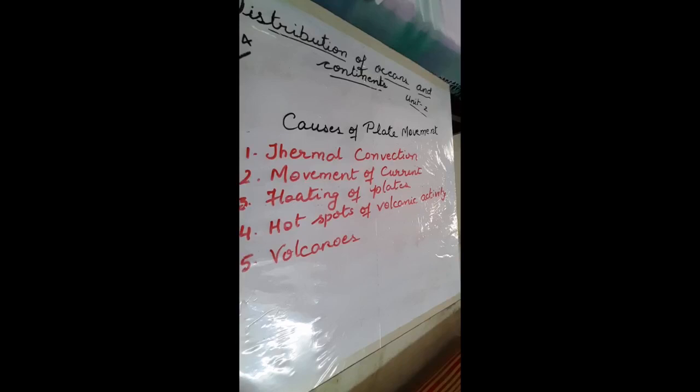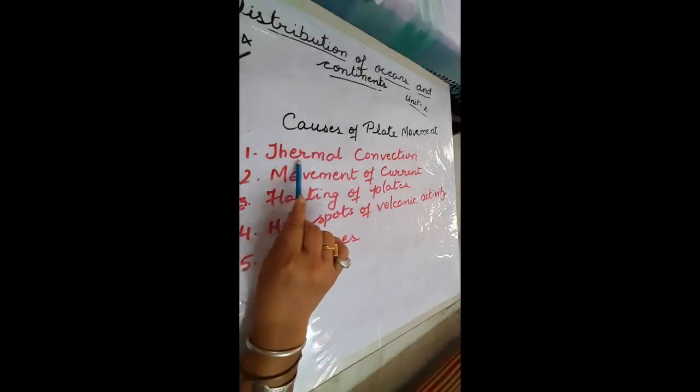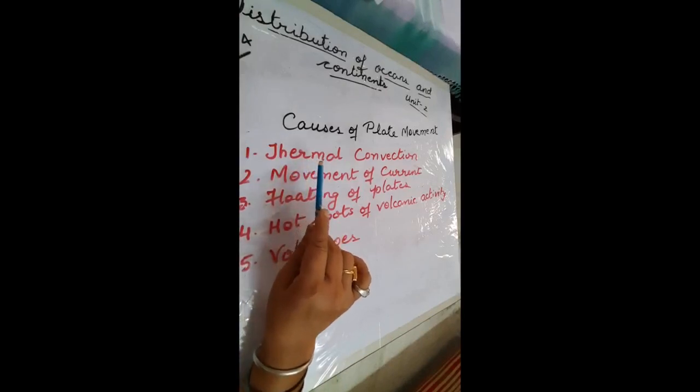Next is what are the causes of the movement of the plates. Now there are 5 main causes. First is thermal convection. Now Arthur Holmes in 1928 he proposed that